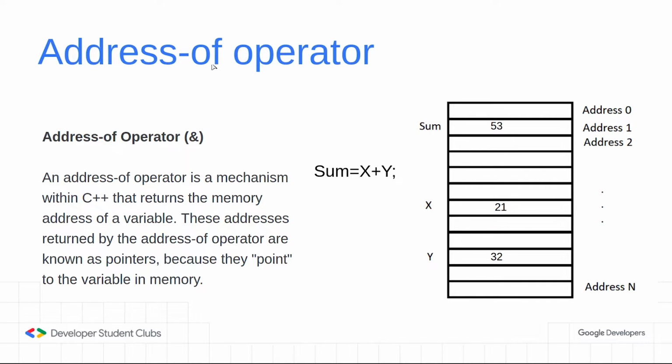So this is our first operator for today, the address of operator. It's the ampersand symbol. What it does is it returns the exact address in memory of the variable, the operand, that we use. It's going to be a tutorial kind of session today, so I'll be sharing my screen and showing you how this works. Right now, let's just go through the theory, and I'll show how it's done practically.